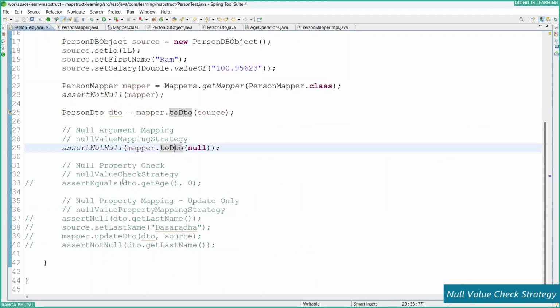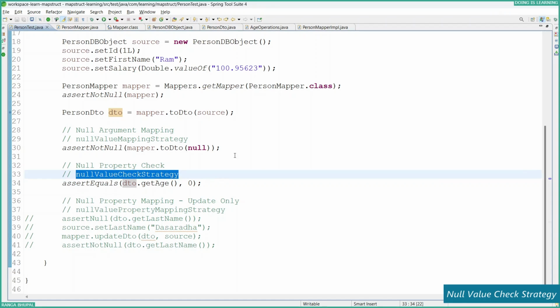Now let's check the null value check strategy. Let's uncomment this assertion. So what exactly is this null value check strategy? The null value check strategy is checking the source property value before it sets it on the target property. What I mean is